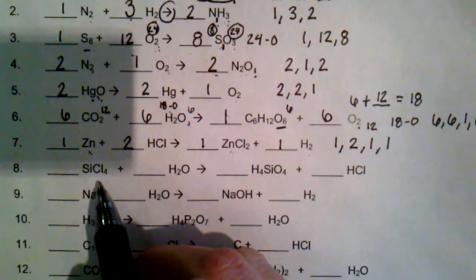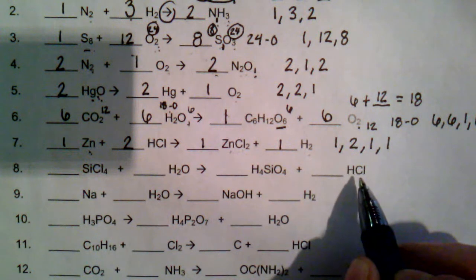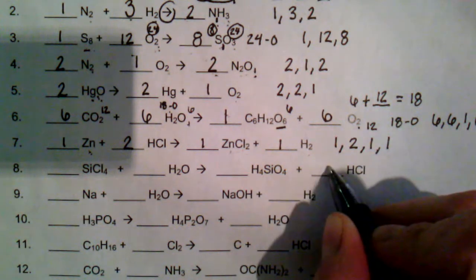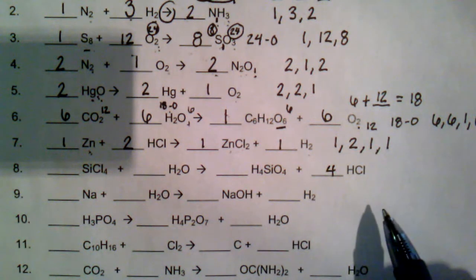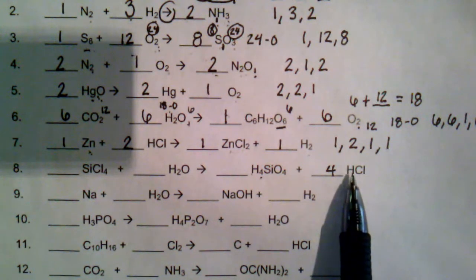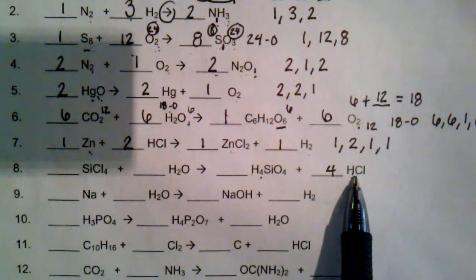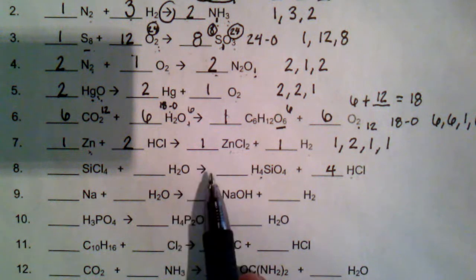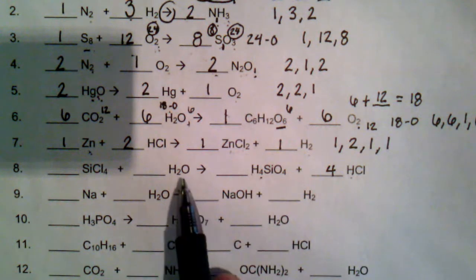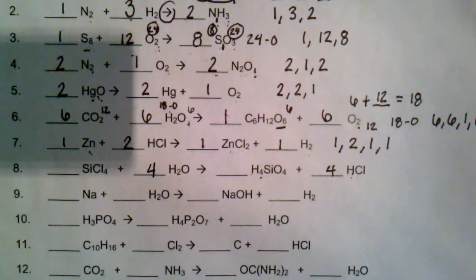Let's look at silicon and chlorine. Okay. So we have 4 chlorine here, and we have 1 chlorine here. So I'm going to go ahead and add a 4 to this one. That gives us 4 chlorines. Now that gives us 4 and 4, which is 8 hydrogen for this side, because we have 4 here, and we have 4 times 1, which is 4 here. But remember, it's divided by the arrow. So I have 8 hydrogen on this side. We have 2 on this side. So if we put a 4 there, that's now going to